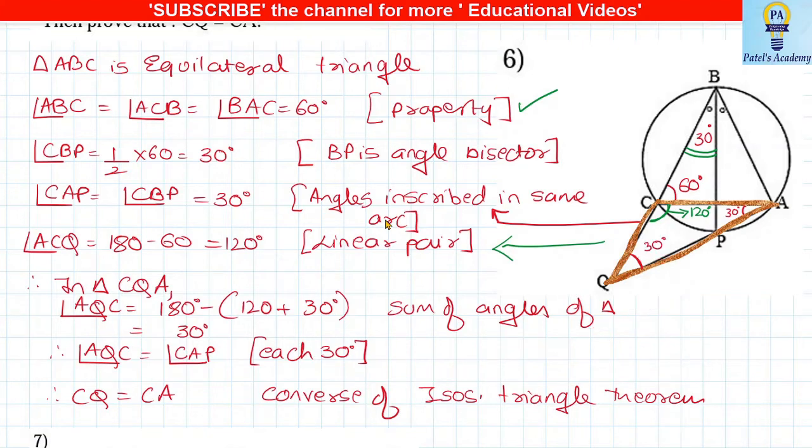Okay, now I have two angles equal. So can I say that it is nothing but an isosceles triangle? So if it is an isosceles triangle, can I say that CQ is equal to CA? Okay, I've done the marking in the figure, and that is what we have to prove. CQ equal to CA. The reason is converse of isosceles triangle. Now students, actually this particular sum is from the old syllabus 9 standard sum, circle chapter.